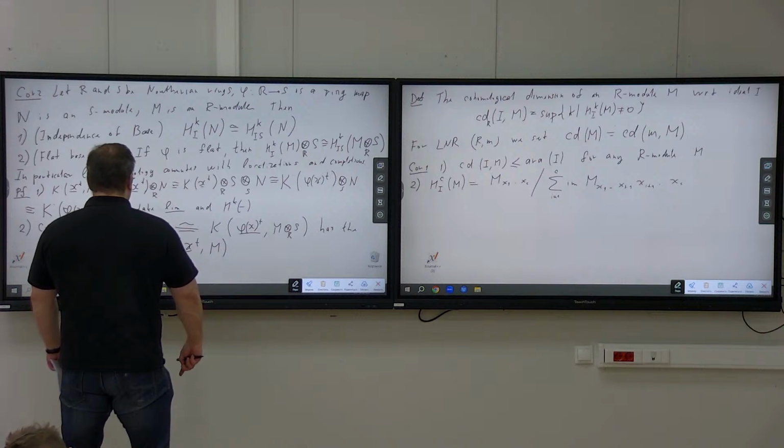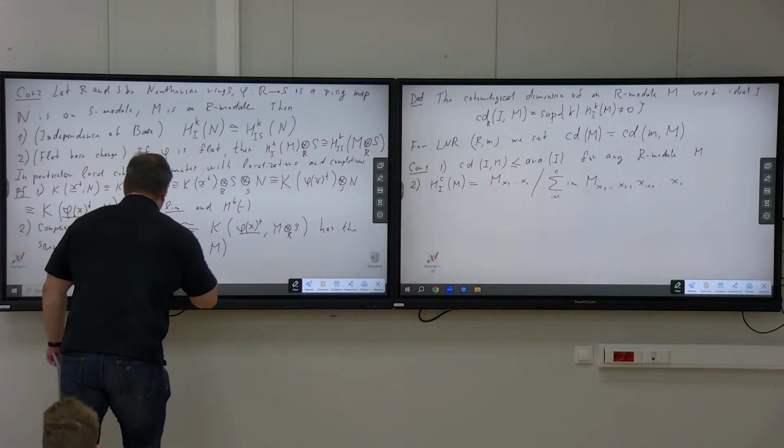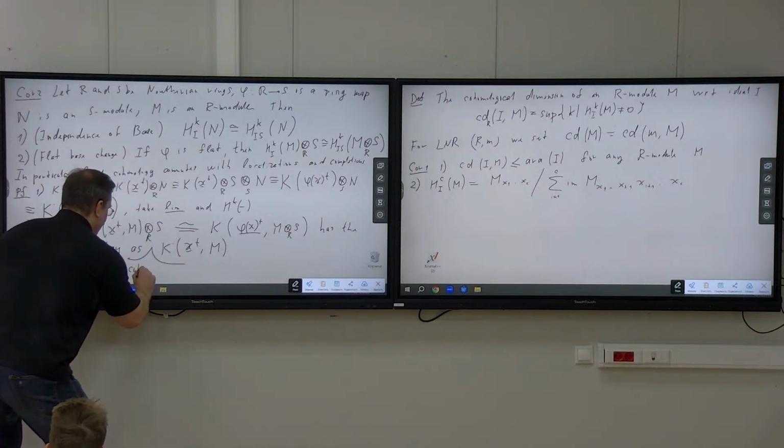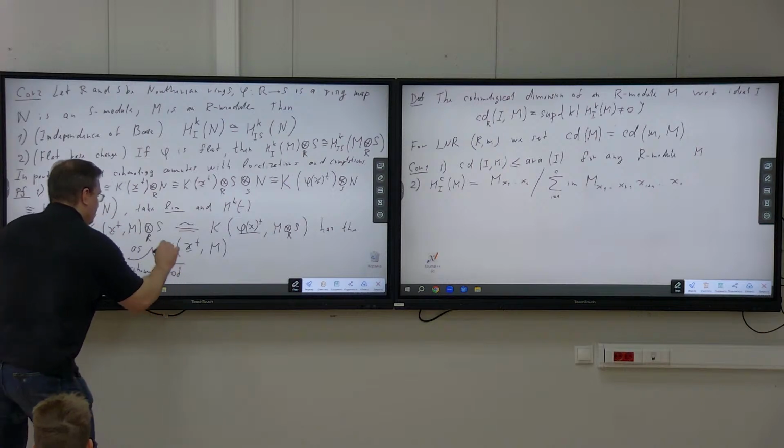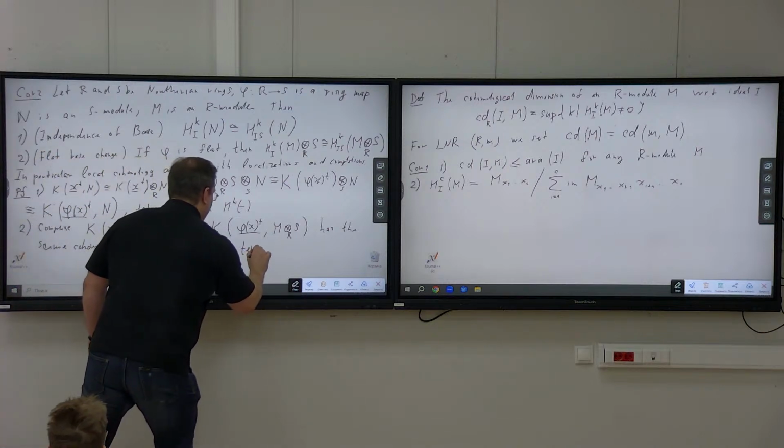Well, it's not precisely correct, so the same cohomology as cohomology of this complex tensored